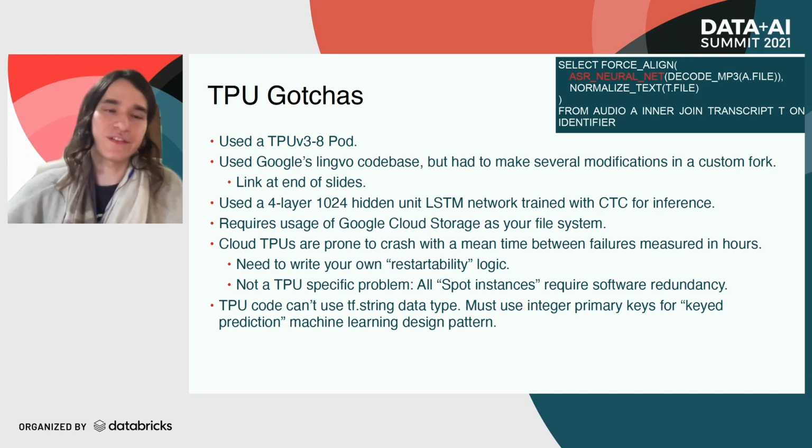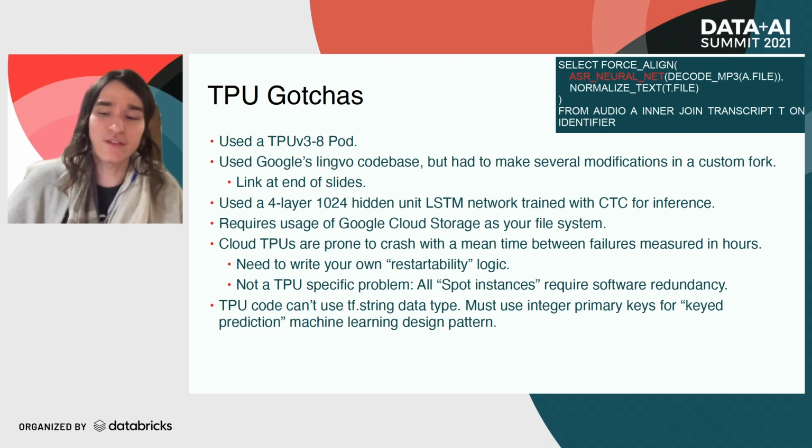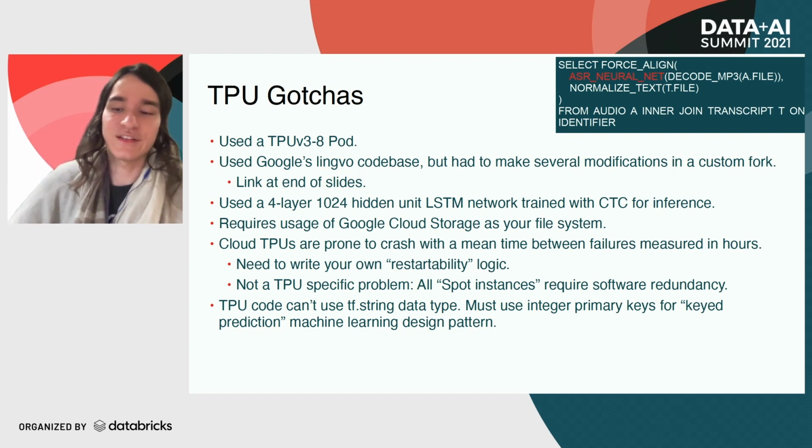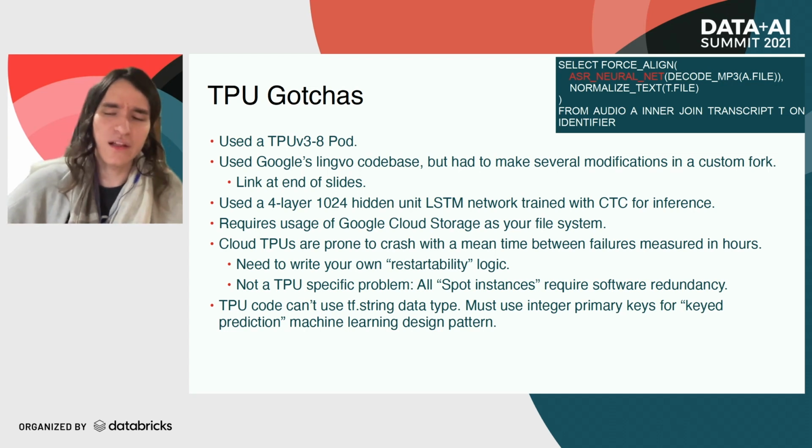But this is probably what everyone's interested in. So, what's it like using TPUs in a data engineering pipeline? It's a lot of work, is the way to put it. I'm not a Google spokesperson, but I would say overall they got the job done. But it's a lot more manual stuff. It feels like I'm in the MapReduce days as opposed to the Apache Spark days of machine learning plus data engineering.